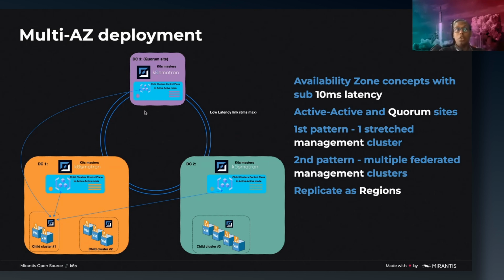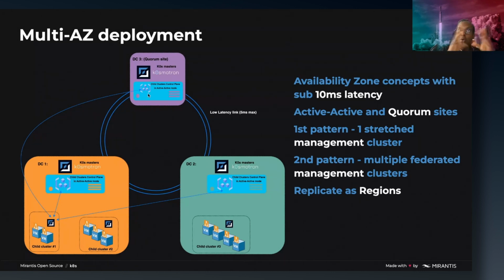Either you have one single cluster, so in this case it's not clusters but nodes that you are distributing across these different data centers. And you can use 2 active and 1 for quorum only. Or you can actually have proper clusters, so 1 cluster, 2 clusters, 3 clusters, and then you use components like Kube Federation, for example, to make sure that you are able to deploy components or pods across these different clusters,